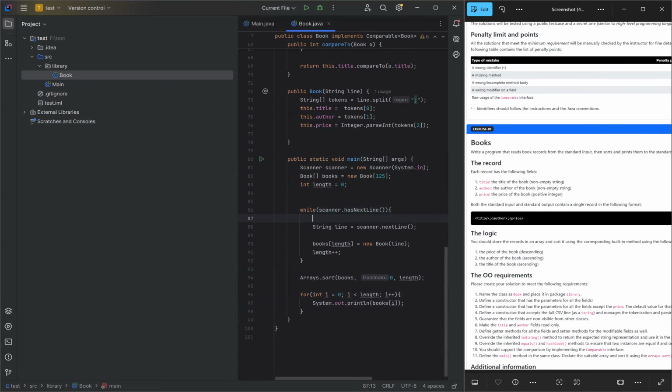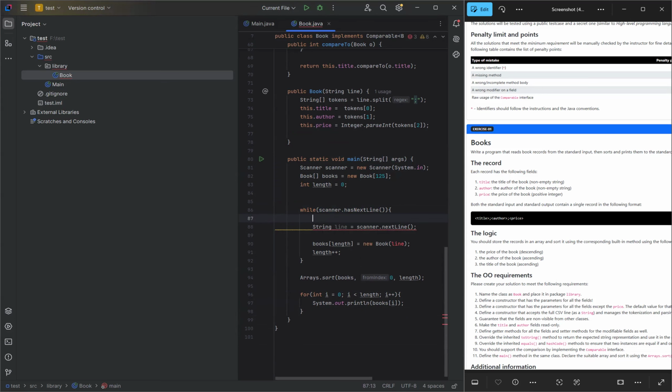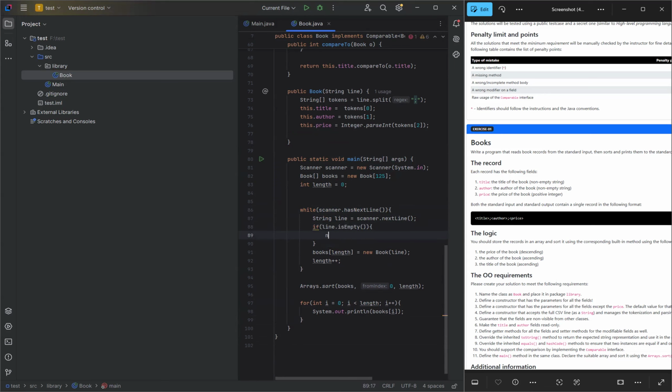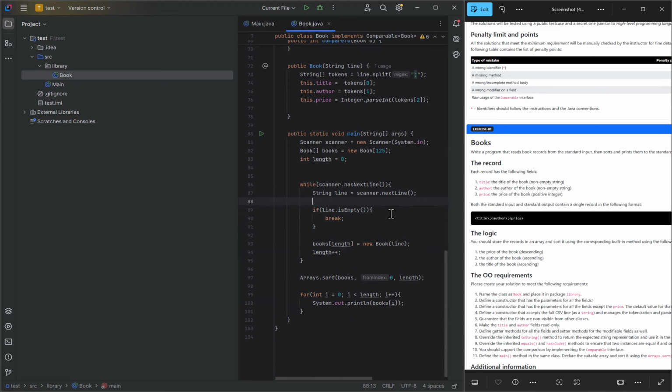But I want to talk about the if statement that I usually add. Actually, I might not have enough time for this. No, it has to be before the: if line is empty, break. I add this line because a lot of people don't know that they need to press Control D, or they don't have it bound, because some newer versions of IntelliJ bind it for you, but older ones don't. So when you press Control D, nothing happens. You don't reach EOF and you just get an error. So if you want, and Todd Robert does this as well, the main lecturer who makes the lab exams, he